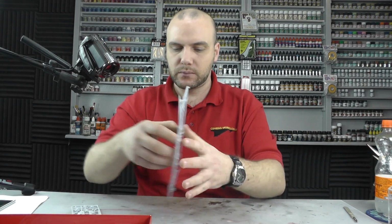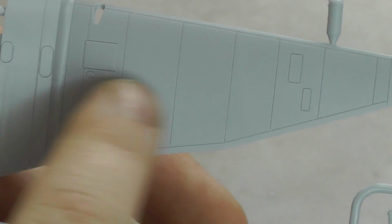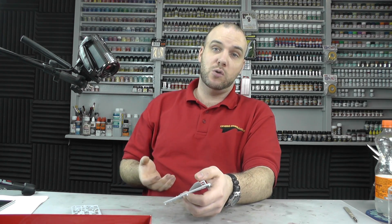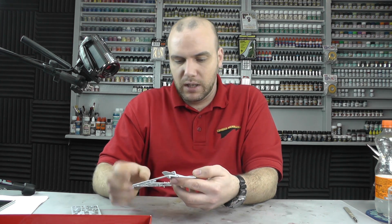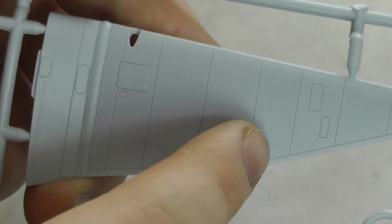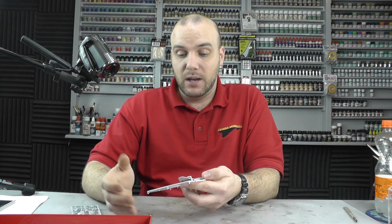Our next sprue, we have again another wing section, the top of the wing section, which strangely enough is showing quite a bit of flash actually, and it's supposed to be a brand spanking new mold, brand new for 2016, like March I think it was released. I'm even feeling, just where the recessed panel lines are, that there's a bit of flash coming up and out of the recessed panel lines,